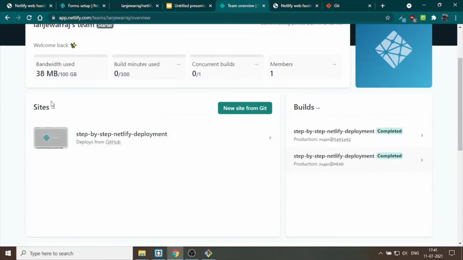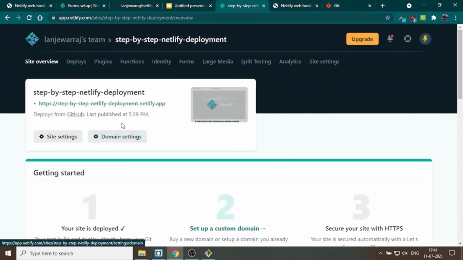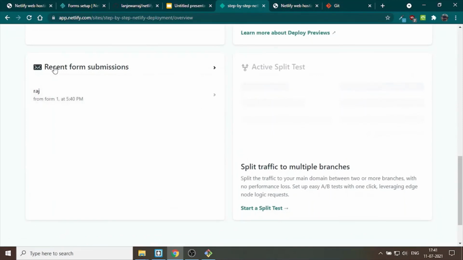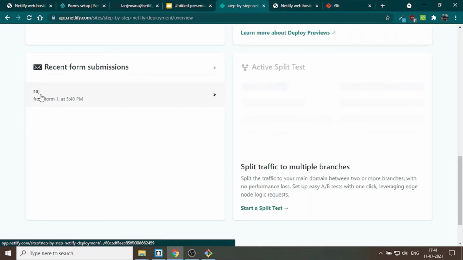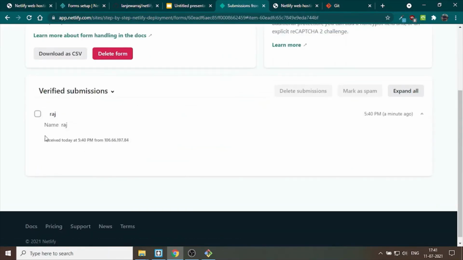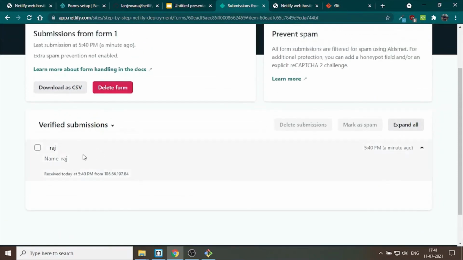I need to check the current website that has the response. Scroll down. Here under recent form submissions, I got the submission from Raj. Click on that and you will see the submission that I got from this user.